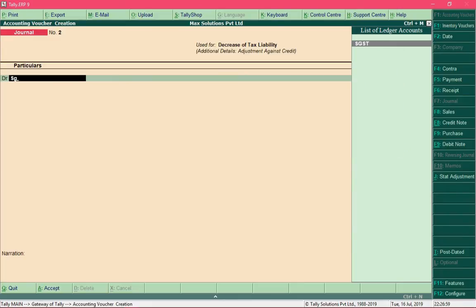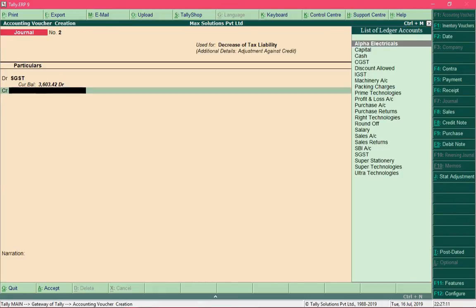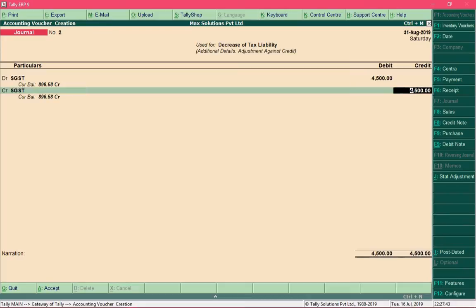I will debit SGST against available input SGST of 4500, and I will credit the input SGST ledger. Notice that the SGST ledger shows a credit balance of rupees 896 and 58 paise, and it is the same amount which we calculated at the beginning. So we need to pay off this amount via our bank account.